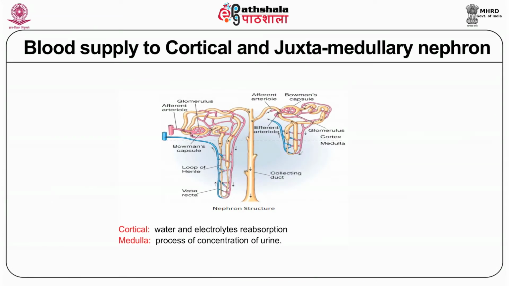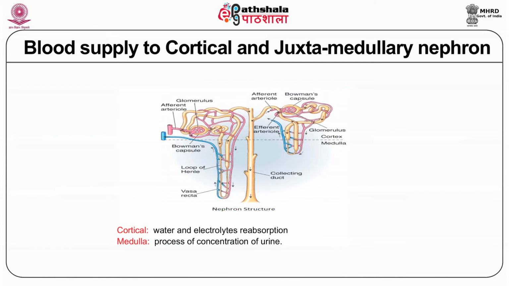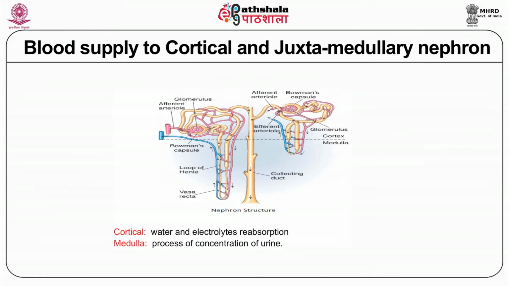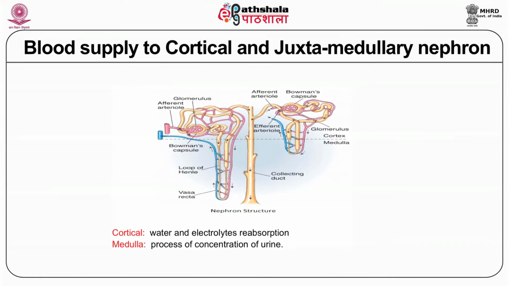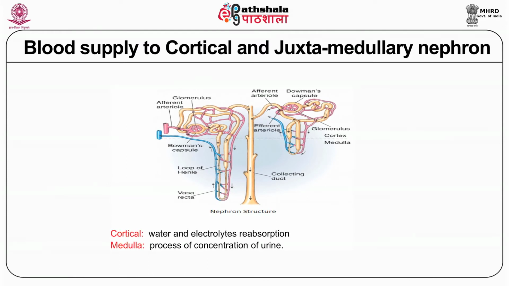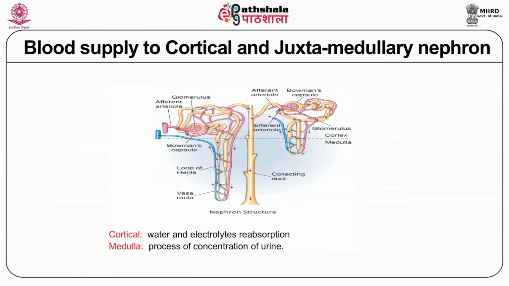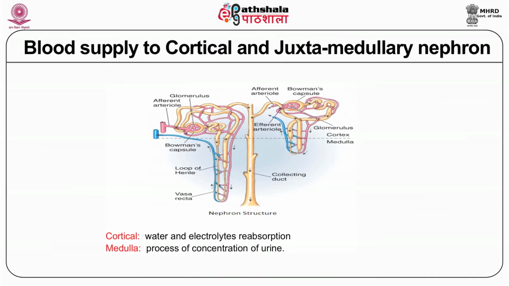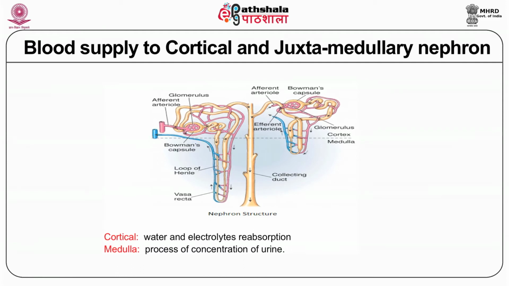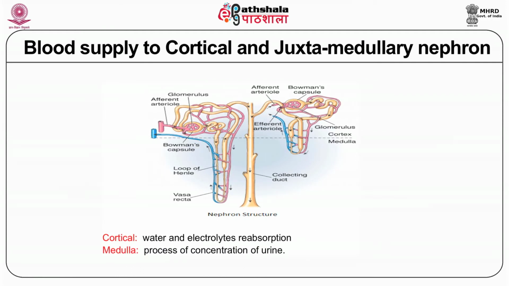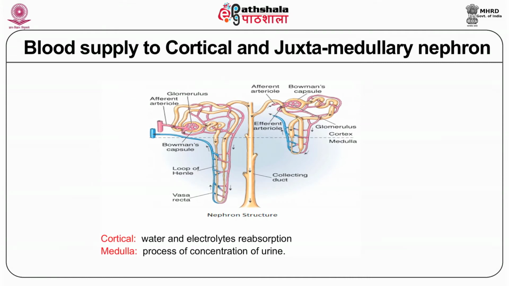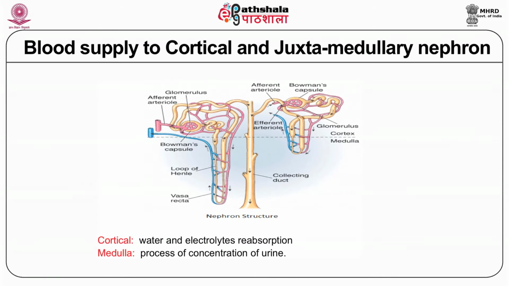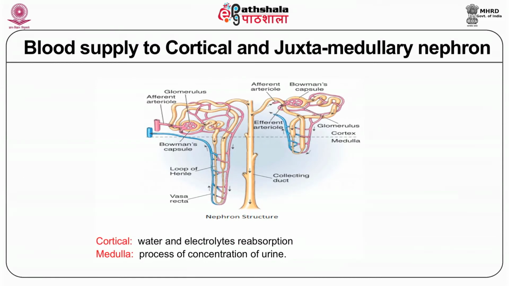For cortical nephrons, there is an extensive network of peritubular capillaries surrounding the entire tubules, while for juxtamedullary nephrons, the long efferent arteriole extends downward from the cortex to the outer medulla and divides into specialized peritubular capillaries that extend side by side, parallel to the long loop of Henle. These capillaries, which have a very slow blood flow, are also called vasa recta.